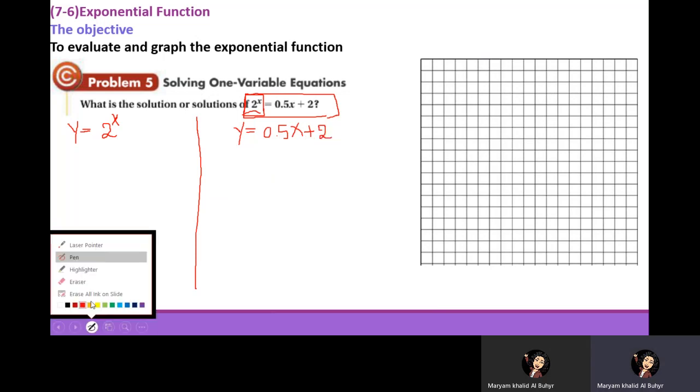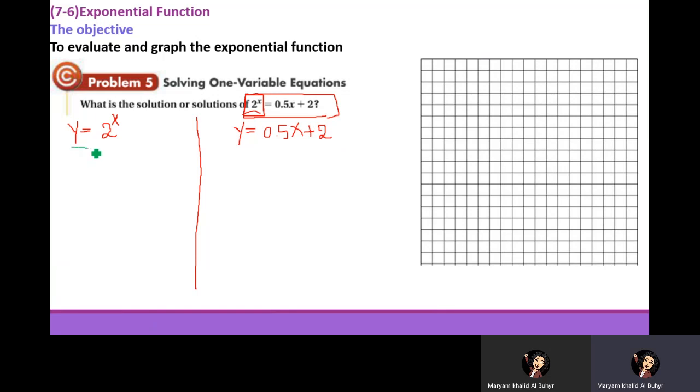Now, let me work with you on this one. What is this? This is an exponential function, and you just learned how to graph the exponential function. You need to make a table of values for y equals 2 to the power x. Choose some values on the left, some values on the right, and then